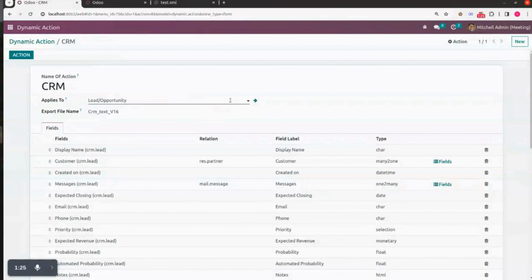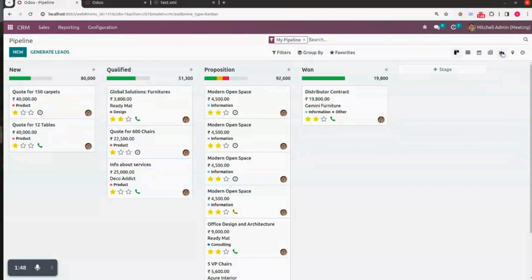Once this configuration is done and saved, you need to click this action button. This is for the 16 version, and for the 16 version you need to upload the data of 14 and 15. 16 version data is not supported for this particular option. So the dynamic action will be created, and after the action is clicked, we need to go to the CRM module